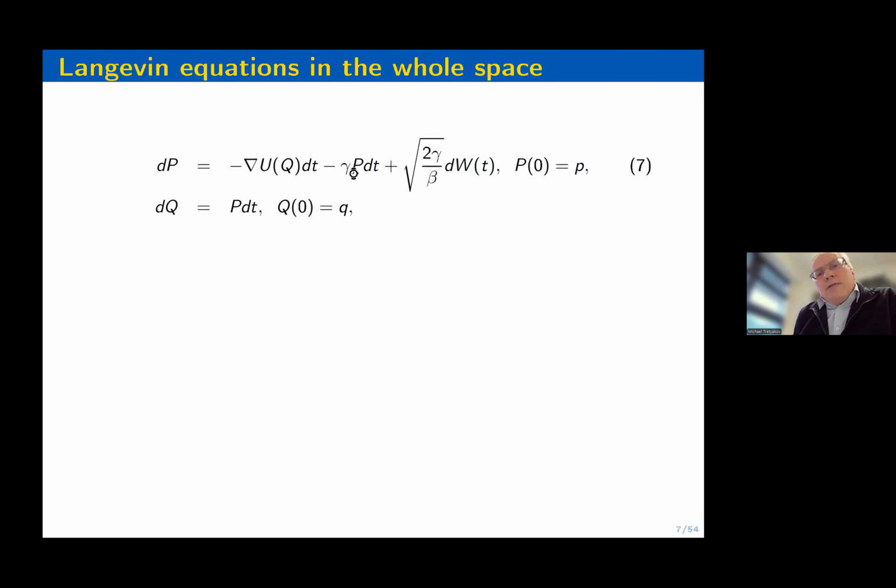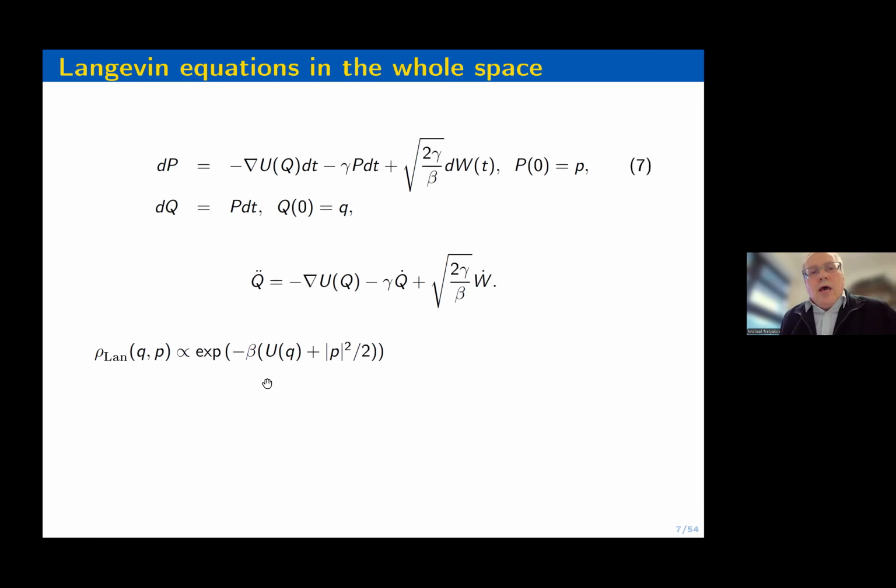You see that if I put gamma equal to 0, then I have just a Hamiltonian system with separable Hamiltonian. So my U is a potential, minus gradient U is a force. We have friction here. I also can write it down formally, on a physical level, as a system of second-order differential equations. Further, under appropriate conditions on the potential U, the solution to the system is ergodic, and its density is of this form. So it's a Gibbs